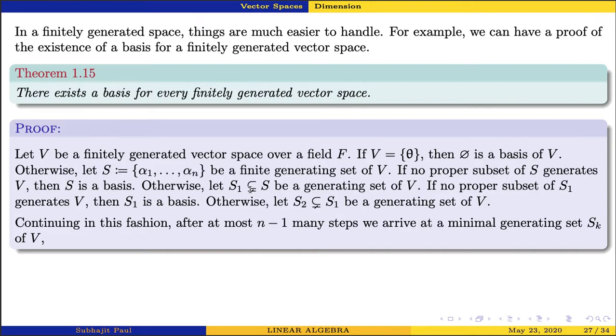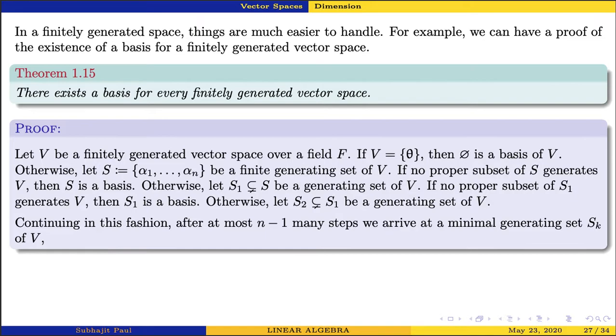S1 can be obtained by removing 2 vectors from S, and S2 can be obtained by removing 4 vectors from S1. So at most n minus 1 many steps are required, and the minimal generating set may not be Sn minus 1. It is at most Sn minus 1, but in general it is Sk. So we arrive at a minimal generating set Sk of V, because after that we go for the empty set,